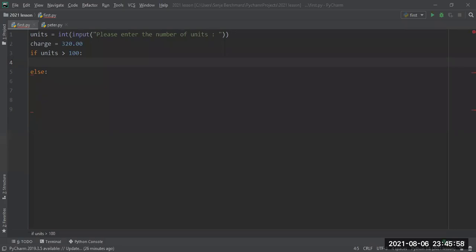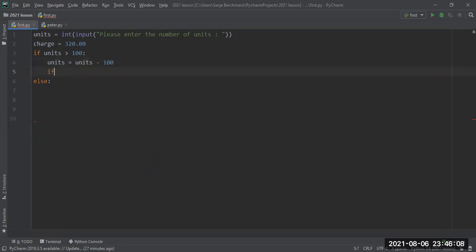You say units equals units minus 100. Then you check if this units is greater than 50. If this is true, you say units equals units minus 50. If this is not true, you say